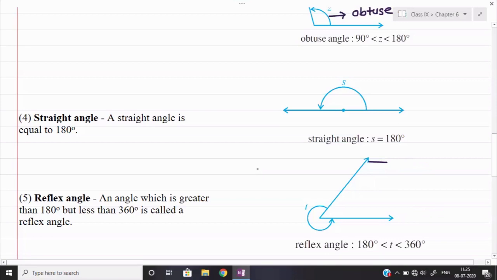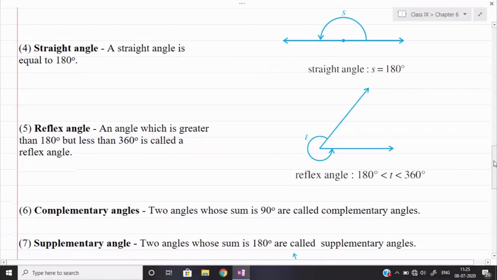Now similarly, see the next definition. The next definition is given here as reflex angle. So reflex angle means, suppose I have two arms given over here and they are forming one acute angle. It can be acute, it can be 90 degrees, or it can be an obtuse angle. So suppose this angle is going to form. So along with this angle, whatever other angle is required to form a circle, the remaining part of the circle is called the reflex angle.